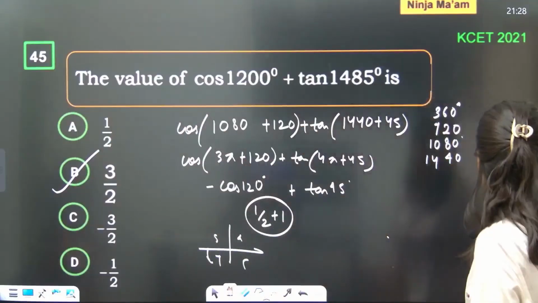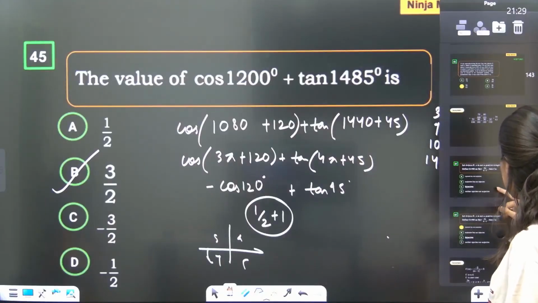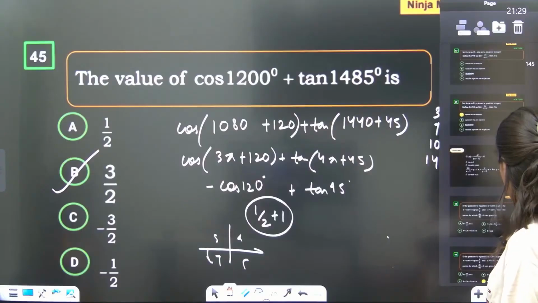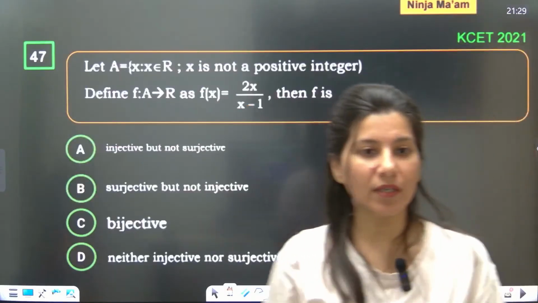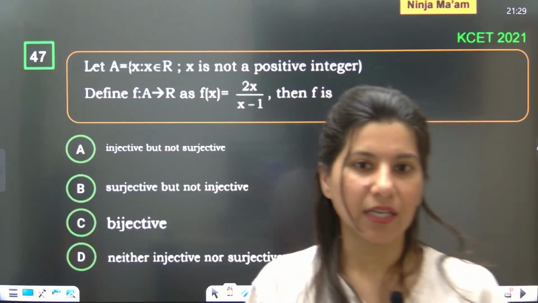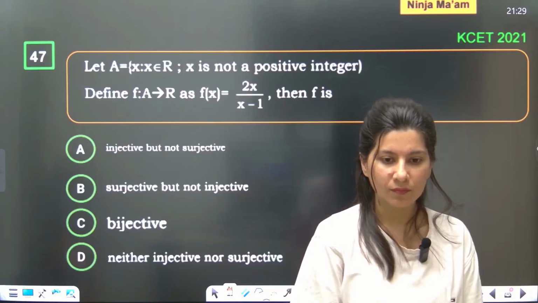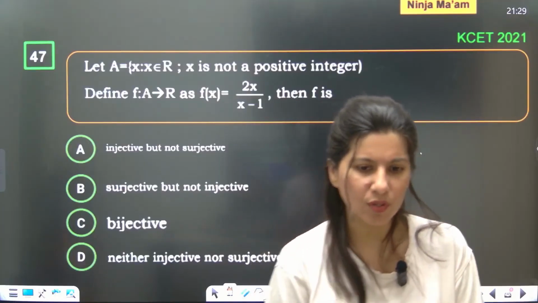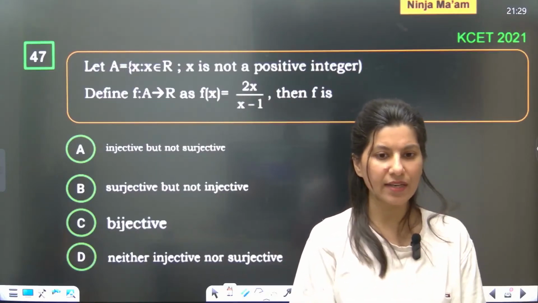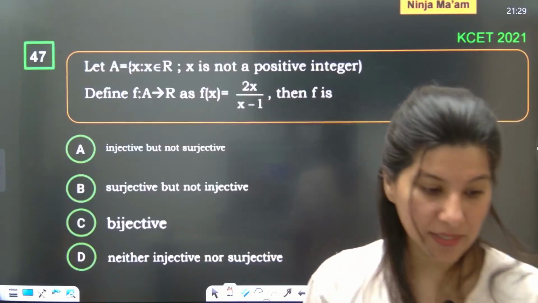Okay. All right. Shall we move on to the next problem? Everybody? Yes. Okay. This is the problem, right? Yes. This is from, what do you call? Comet K and KCET, are they same or not? No. These exams are not the same. Comet K and KCET are not the same, my dear students.